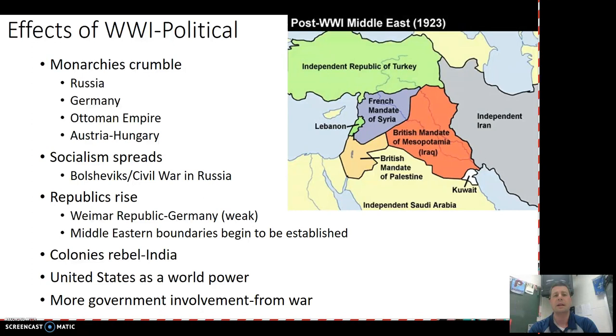We also see, in a broader sense, more government involvement. During the wartime, the economies basically had to be controlled. There had to be rations. There had to be food. There were food shortages. There were price, I don't want to say gouging. There were price floors and price ceilings that are put into place. And especially in terms of bigger businesses, these countries will do this. It had to happen to keep the war machine turning, to make sure that supplies were getting where they needed to, munitions, food, etc. And so that's going to stick around after the war ends. The governments of these different countries are going to look at this and say, yeah, we can get involved in these kinds of things. It's not completely alien for us to do so.